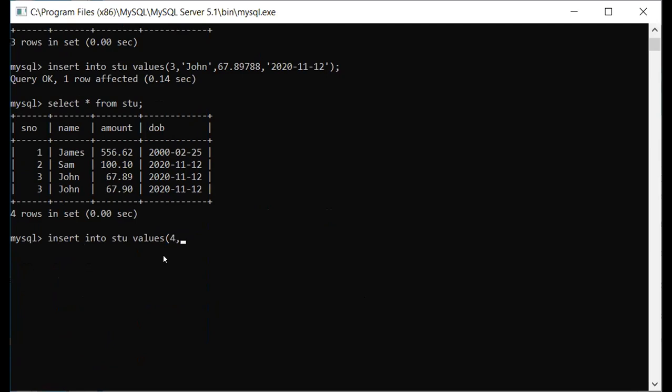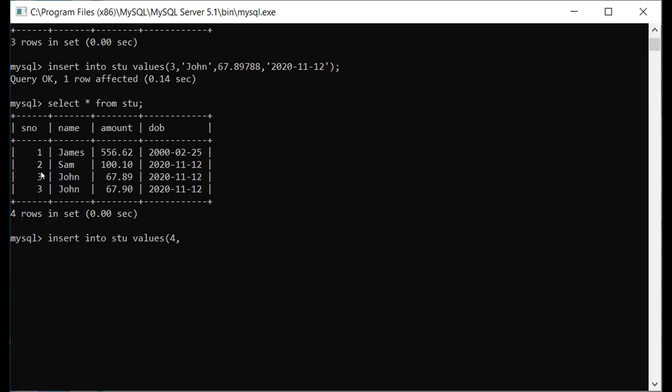Then after that, you have to observe one more thing in this table, that serial number 3 has been entered twice. Actually, practically, MySQL should not allow me to enter duplicate values, fine, because serial number must be unique. But the problem was when we created the table, that time we have not given any constraint. When we were creating the table, that time only we should give this, that serial number should be unique, it should not be duplicate, fine.